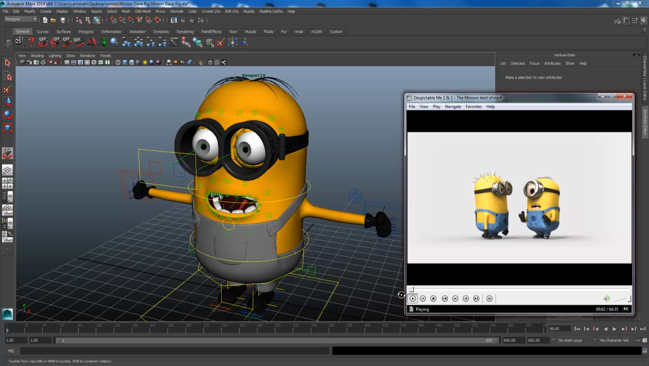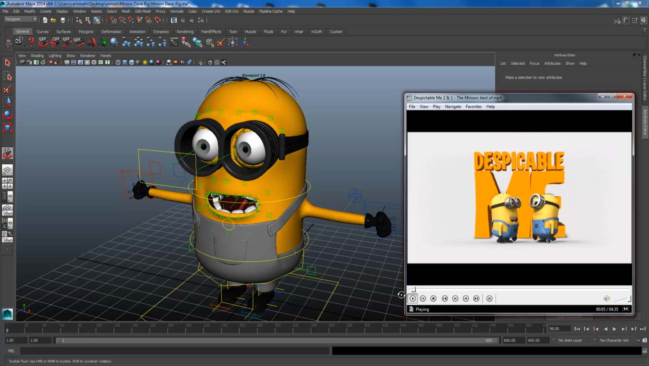Despicable Me. Despicable Me. Okay, so obviously,